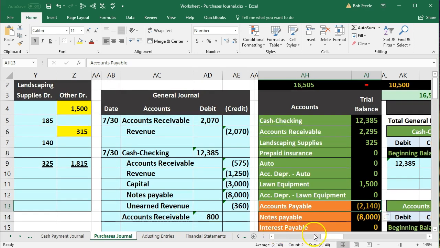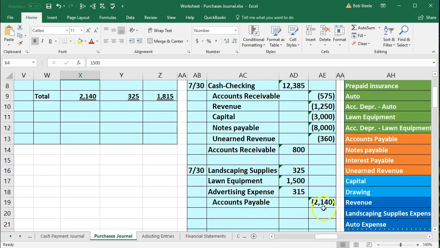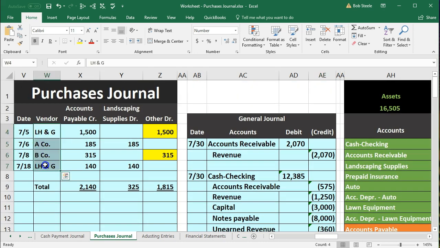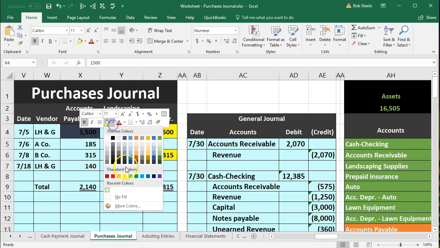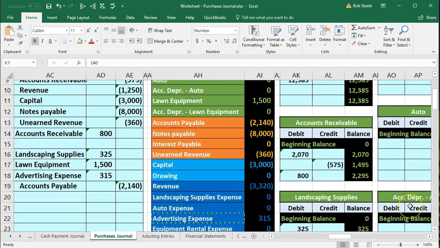So that's what we will do now. If we scroll back over here, we're looking for these accounts. We're going to record them again in the subsidiary ledger. So in other words, we're going to get to the same number, but break it out by vendor in the subsidiary ledger. So first one will be this item. That's what we're looking for. I'll highlight it just so you don't get confused. It's in LH and G. So if I scroll back over and scroll back down,